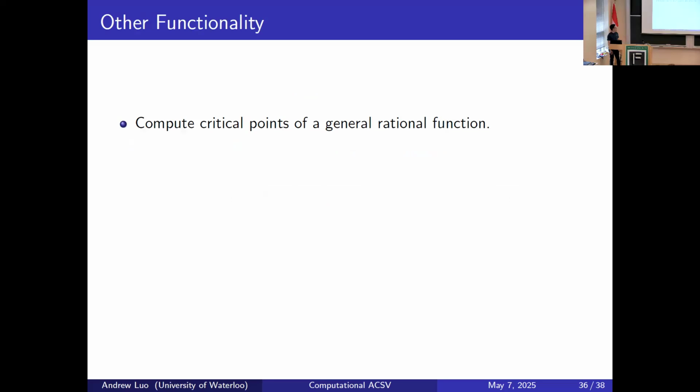And yeah, so besides computing asymptotics, we have other functionality in our package. For example, you can compute critical points of any rational function. It may not necessarily be able to verify minimality, but it saves you the hassle of having to do a Whitney stratification and then solving this huge system of equations. You can also compute asymptotics in non-rational directions. So you can choose a direction like root 2, 1, for example. If you're wondering why you might ever need to do that, you might care about limiting behaviors as you vary the direction. For example, certain central limit theorems require non-rational directions.